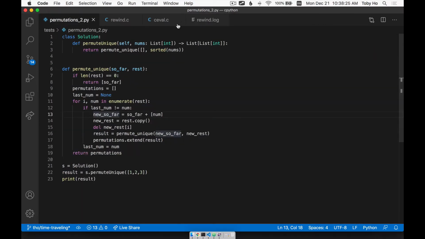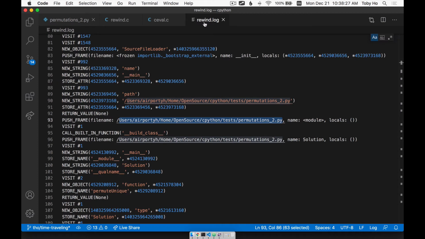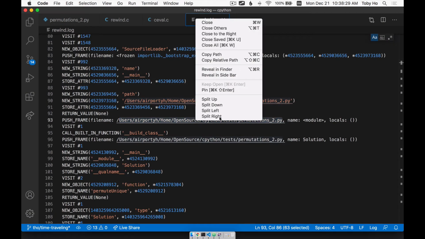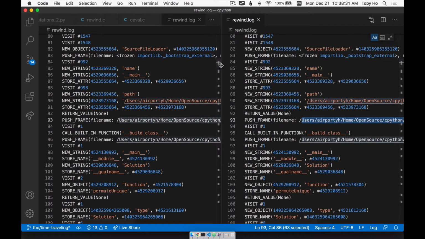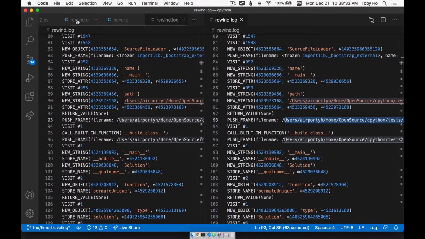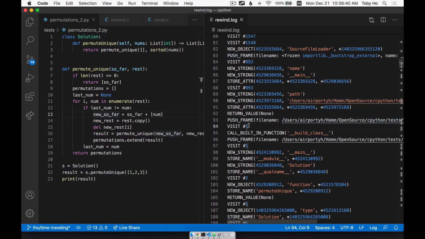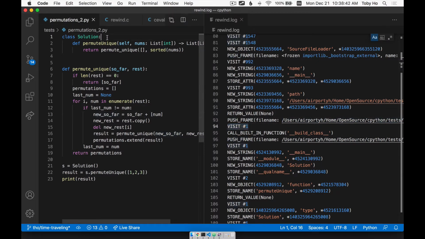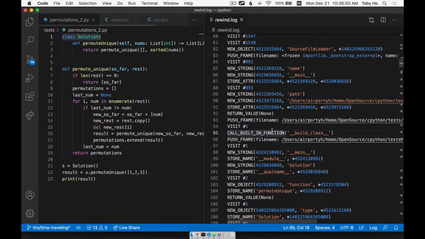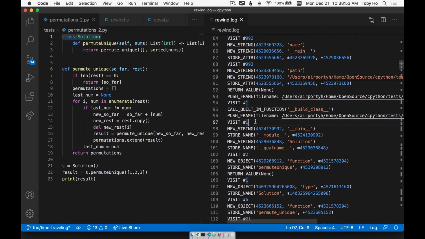So here, let me do this side by side. Okay, so this is line 1. It's over here, and we're pushing a frame because when you declare a class, you push a frame, and then inside the class,